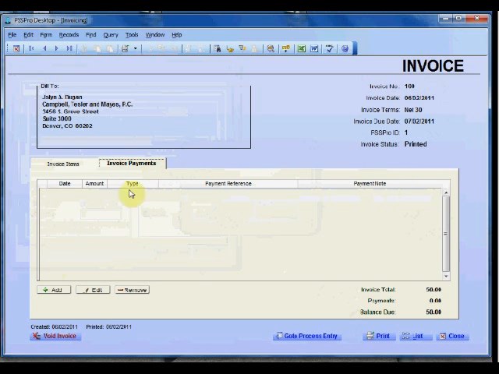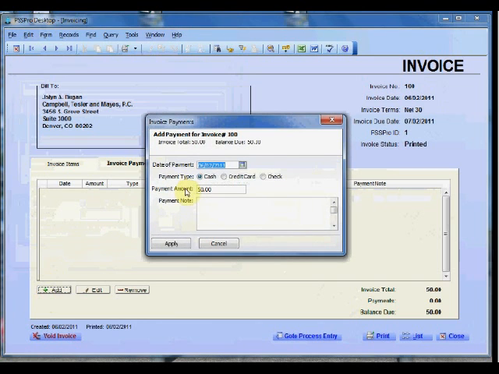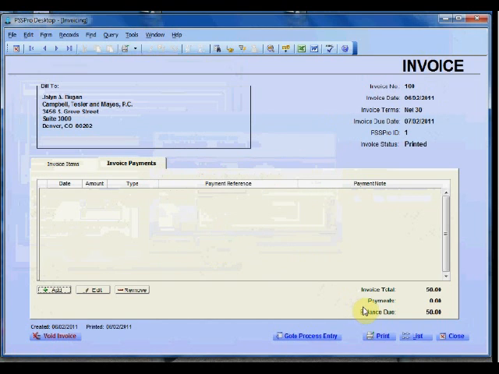When you accept payments, you can accept full payments by cash, credit card, or check, and you can also select partial payment, and it will actually adjust the balance, and then it will actually change to past due if the full balance isn't paid in full. You can go to process entry